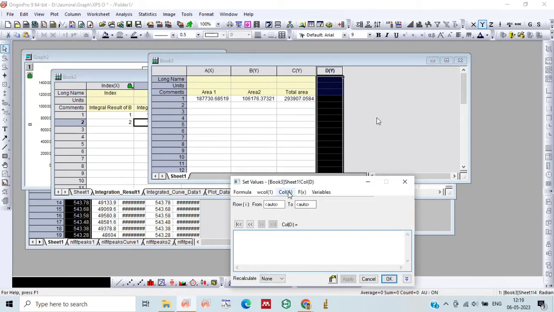For that we will divide the area of each curve by the total area, and then we will multiply it by 100, so that we will get the percentage area under each curve.